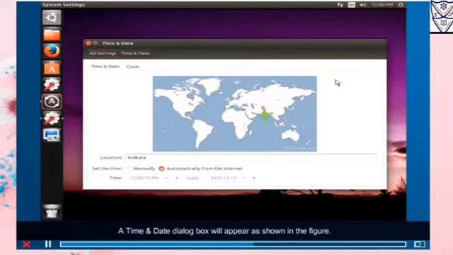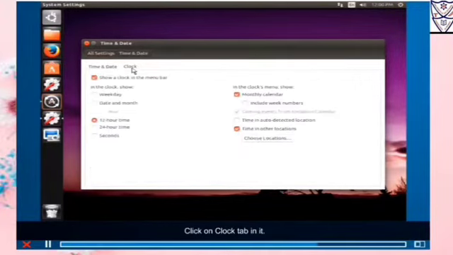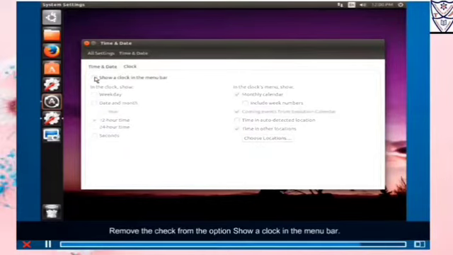A time and date dialog box will appear as shown in the figure. Click on the clock tab in it. Remove the check from the option to show a clock in the menu bar. The clock will disappear from the menu bar.